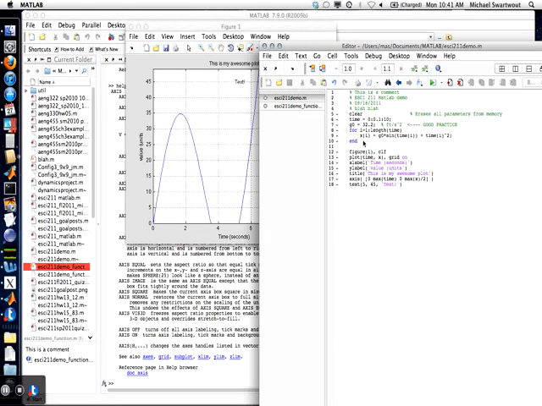Now, that in itself is useful, but two things I want to show you. The first is here. As it turns out, there's a faster way to do this in MATLAB. So I'm going to take this, I'm going to copy it. Then I'm going to comment out this. MATLAB is actually designed to very efficiently multiply matrices and do matrix operations all at once. And so if I do it this way,